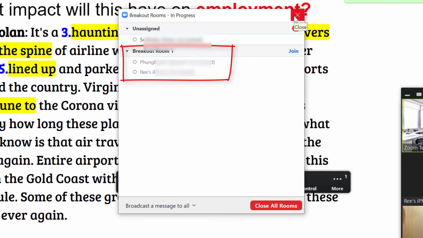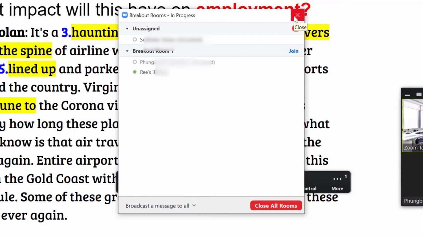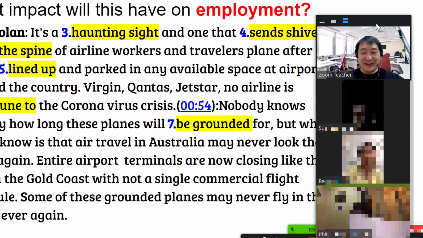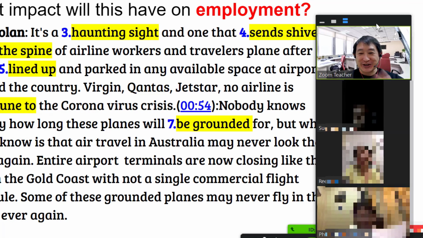If I want to enter a room to offer support, I can click on Join. That will allow me to enter and monitor the students. When I want everyone to go back to the main room, I have to click on Close All Rooms at the bottom of the screen, and then they can share what they've discussed in the breakout rooms with the main group. So I'm going to go and click, and as you can see, everyone is now back in the main